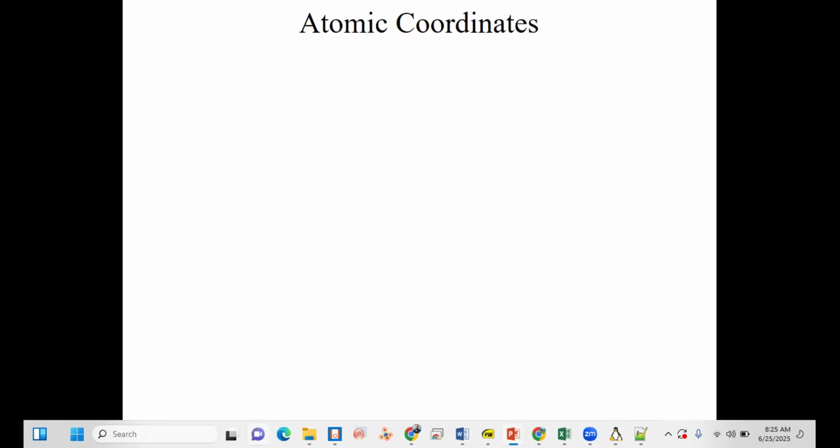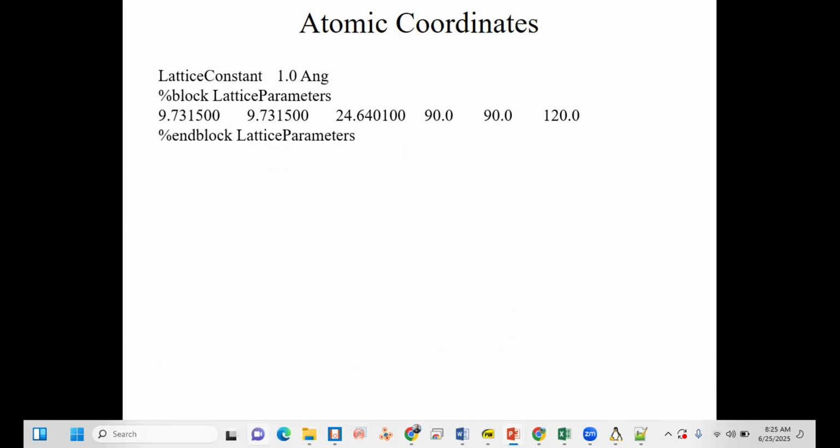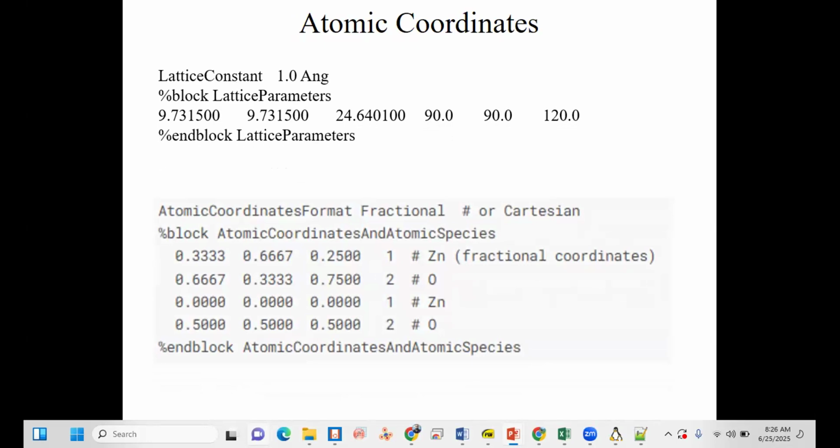So the next one is the atomic coordinates. We are still in the geometry section of our FDF file. The whole FDF file didn't fit on the slide, so I use the atomic coordinates format here. The first line should explain which format we are using, either fractional or Cartesian.